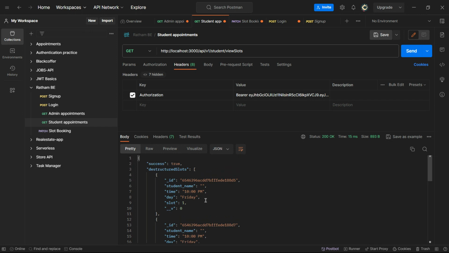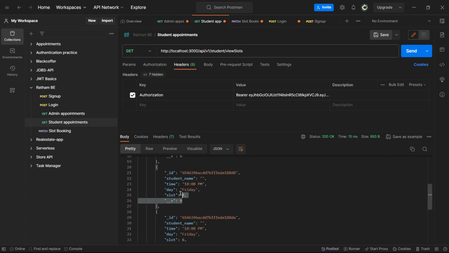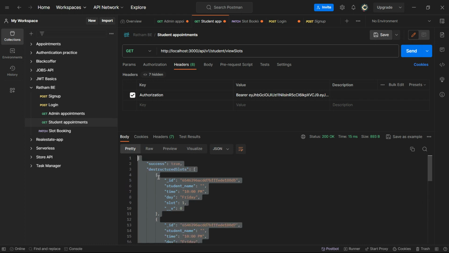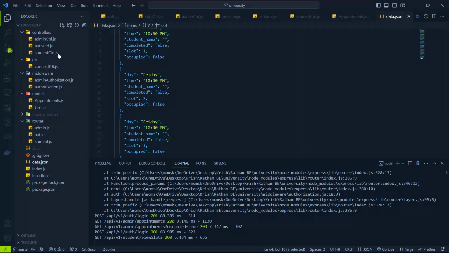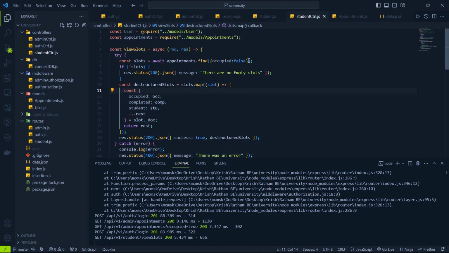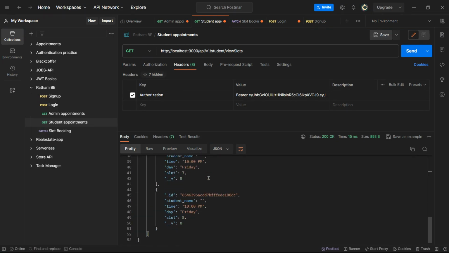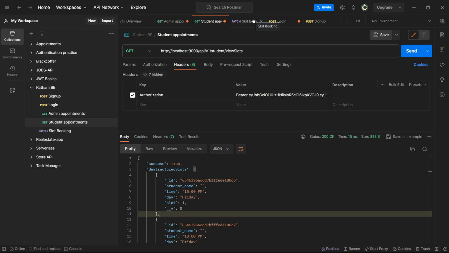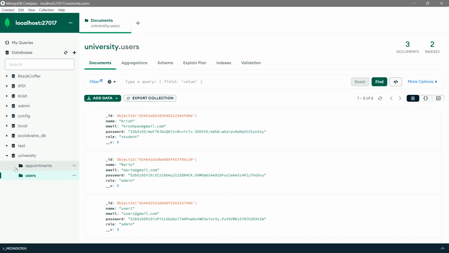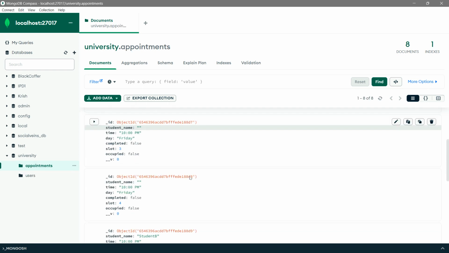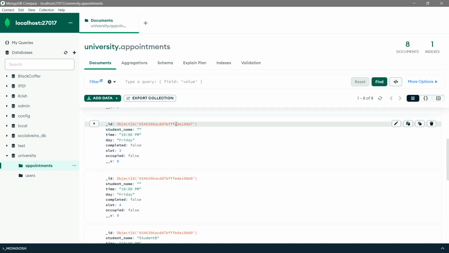So over here, I have removed the occupied and completed slots from here, so the student can only see the free slots available. So this is done over here. Find where occupied is false. So the students can then book any of the slots from these. And if suppose the student wants to book certain slot, so this is an appointment ID, or we can say